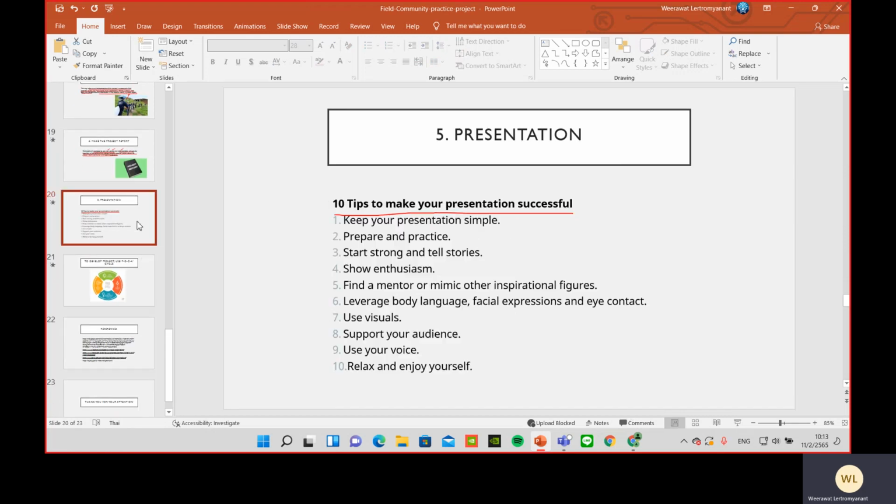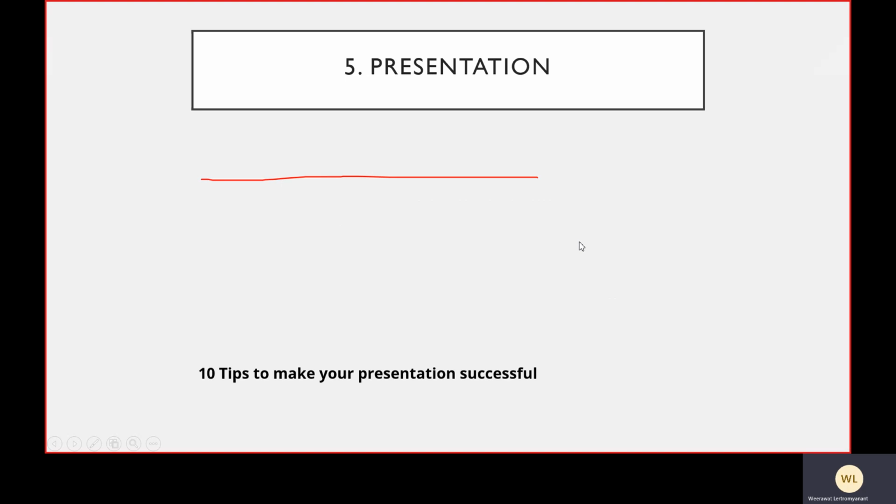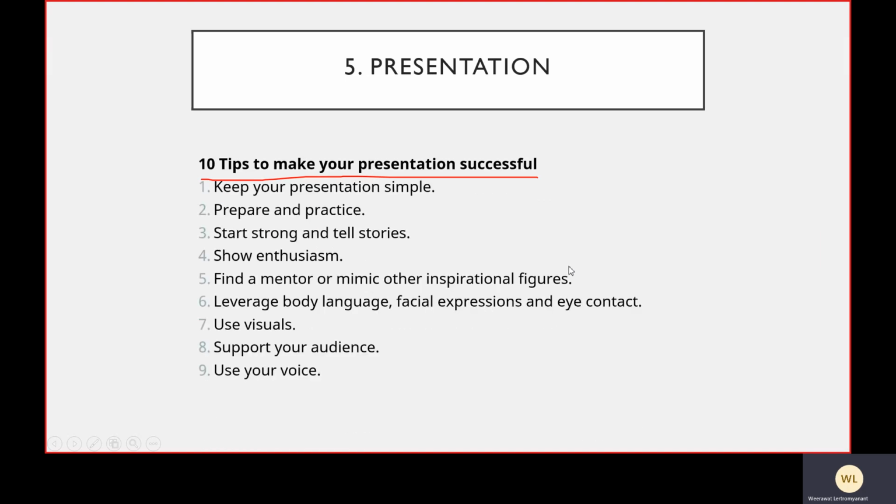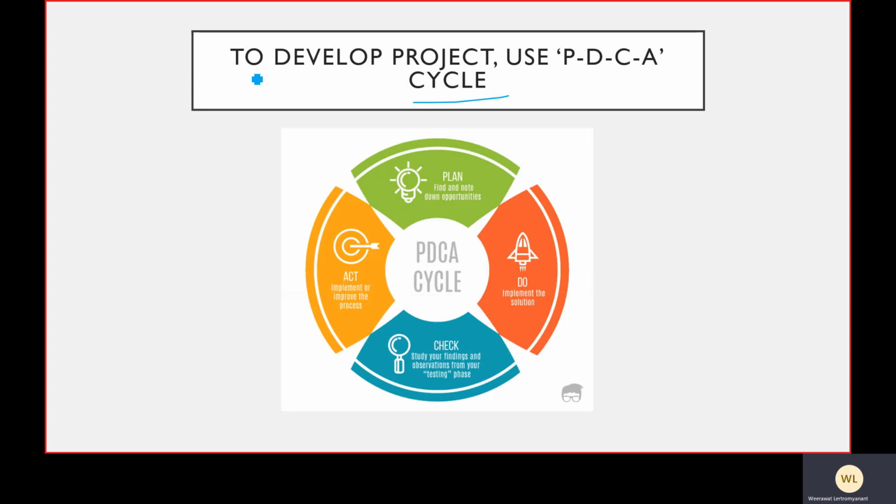We come to the last thing for today. After you already finish the project, I want you to suggest this one. If you want to do the next project for local development or some other project, you have to use this cycle. I recommend you to use this cycle to develop your next project. It's called PDCA. The first P stands for